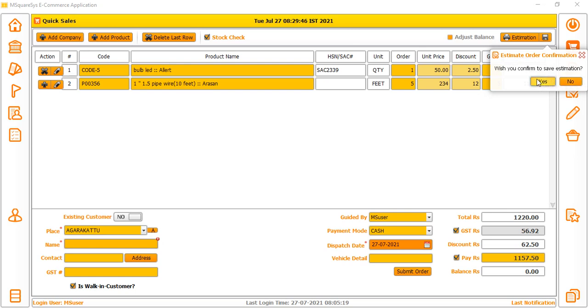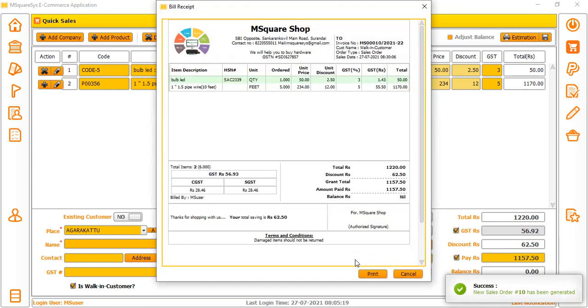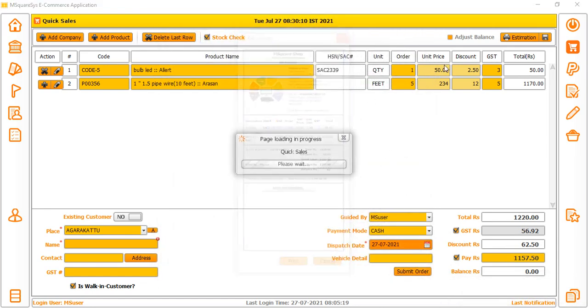If you save it, it will be saved under the customer you selected, say as an estimation. You can keep your order and also save the estimation. It is similar to a sales order, but whatever estimation you save won't come under your sales tax. Next is submit the order. So this submission is done.